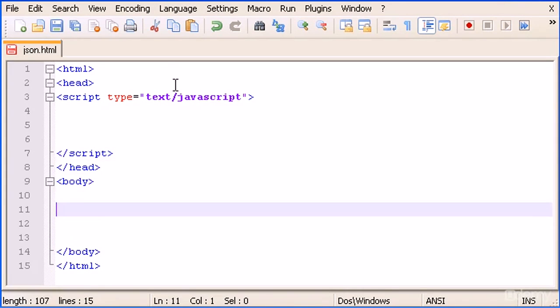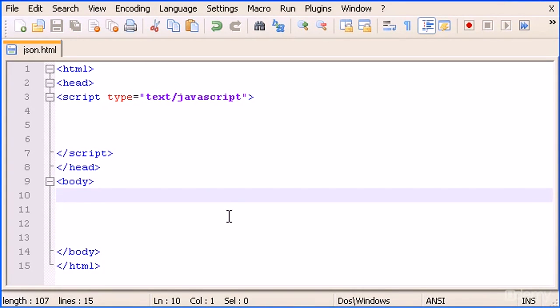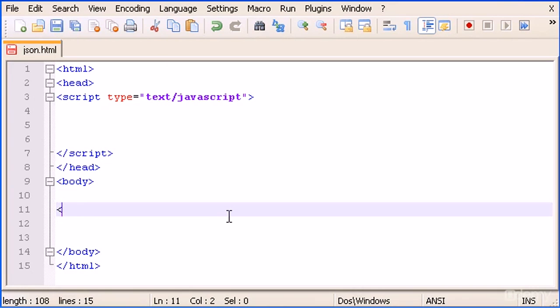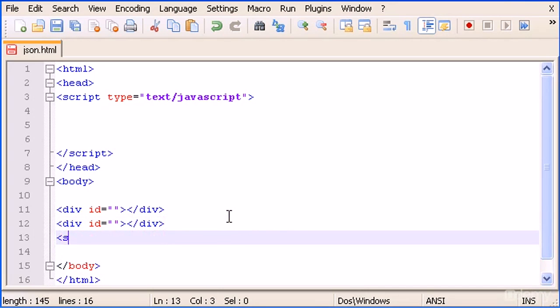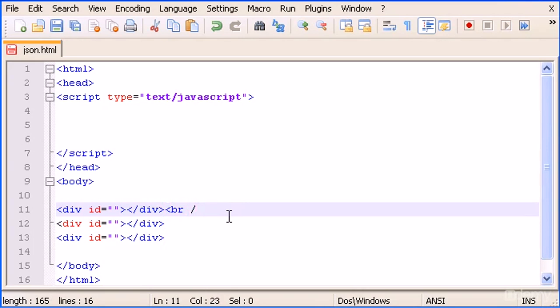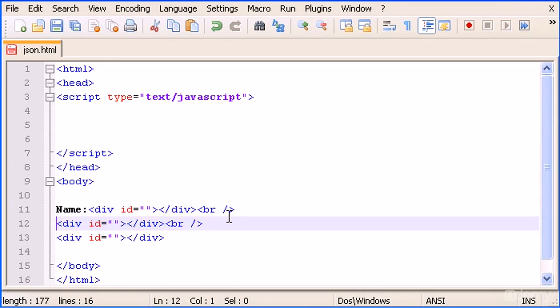Okay, so in your body section here we will create some div IDs. Close the div, and another div ID equals another div, and one more div equals, and here another div. You can put a line break here and a line break there as well. And before the div you can type here name, age,